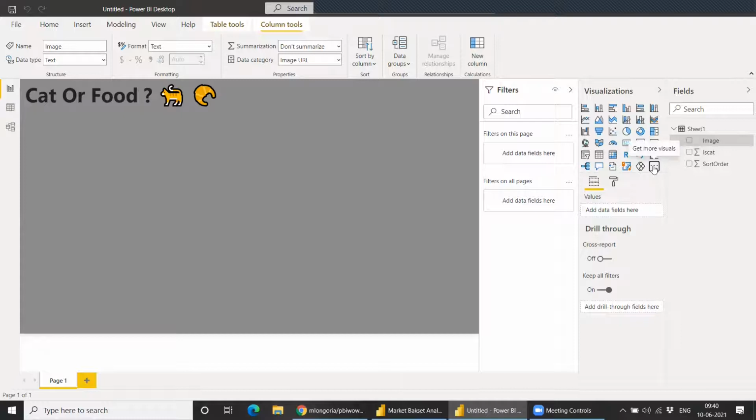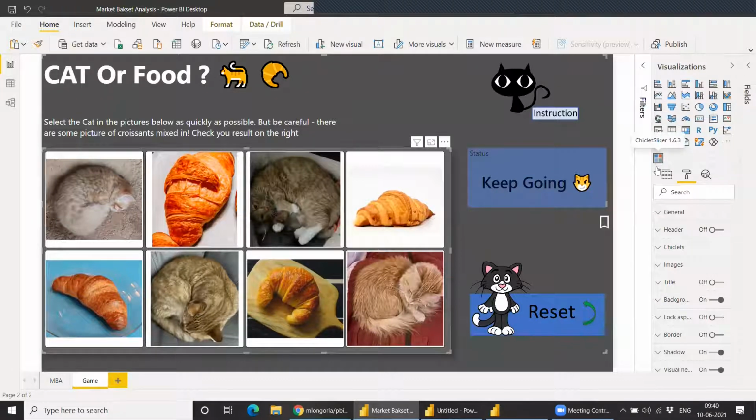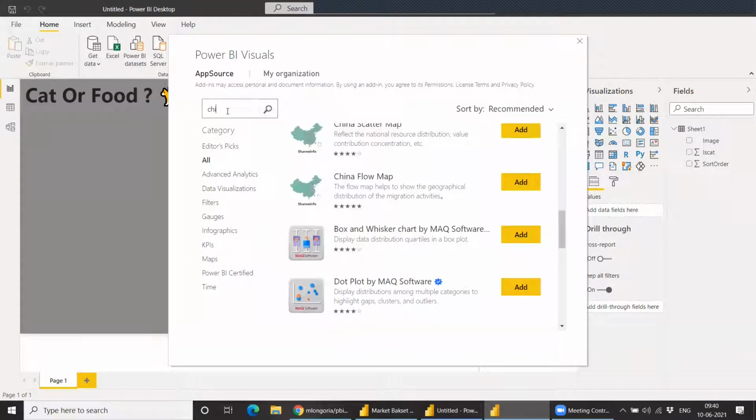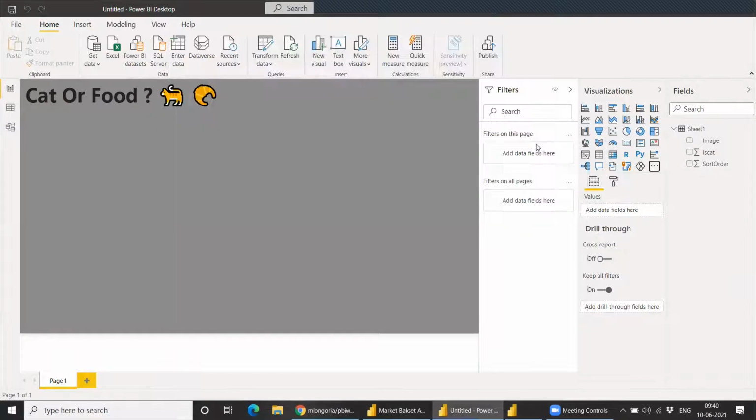And okay, now we'll add one visualization called chiplet slicer.